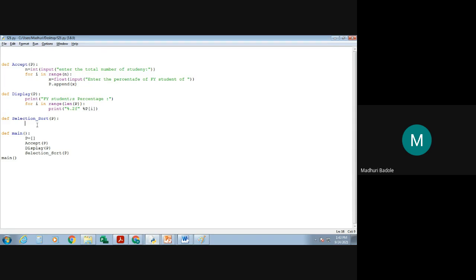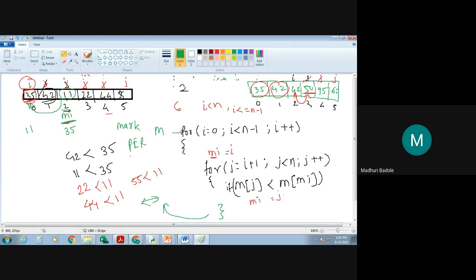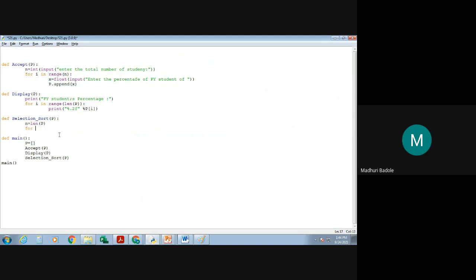So what I am going to do, I am just previously finding the length, that is the length of T. Fine. Now, next, what we did over here, we are applying the for loop for the ith variable. So same we will be providing over here, that is for I in range. What should I write over here for I in range? N minus 1. Very good.